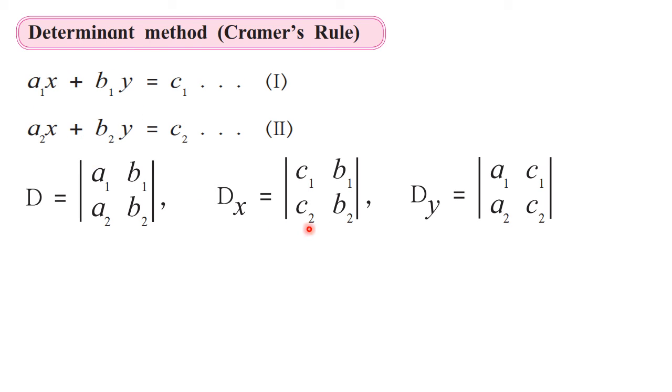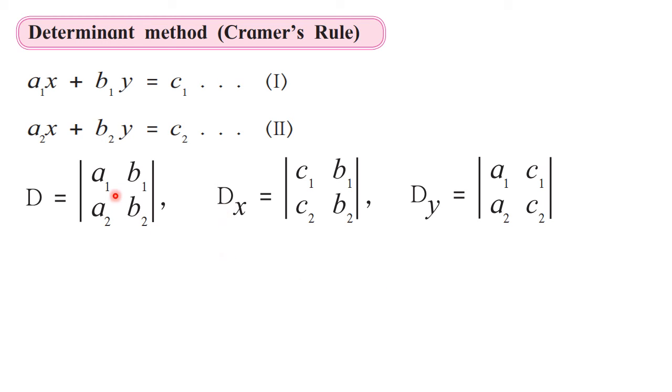But when you're writing dx and dy, that time you have to make use of the right hand side also. So what you do is you first write down the right hand side in both the places, so that further it will be easier for you. When you are writing dx, this right hand side you will write as the first column. And when you are writing dy, the right hand side will be the second column. Why is it so?